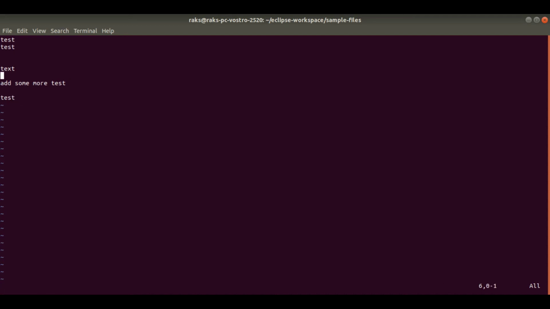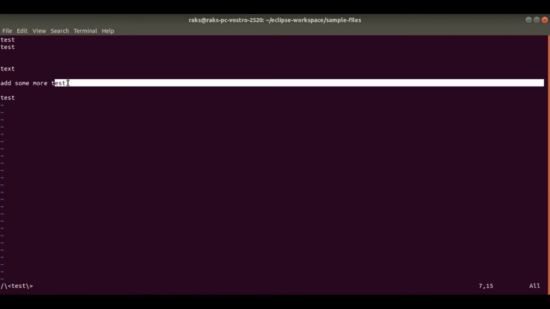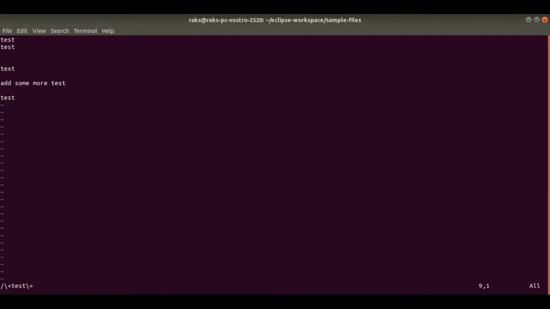Your cursor is here, but if you want to see where else in the file you have used this word, just press star. This is the next word. Press star again, and here is test again. So by pressing star you can find all the occurrences of the current word.